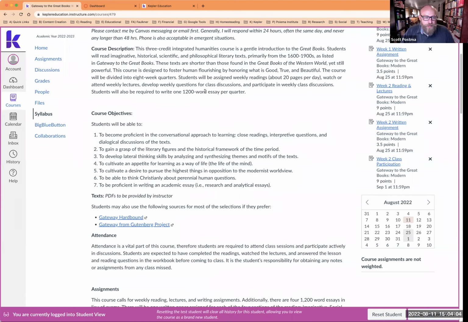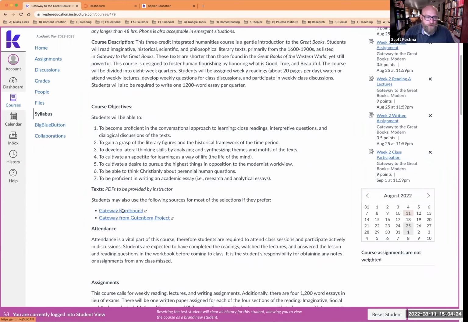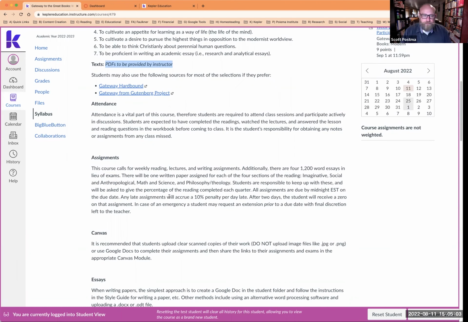I will provide the PDFs. They are in the files menu you're going to look at here in just a moment. And so you can actually use those PDFs if you'd like to. You can print them off if you prefer. You can buy the books. This first link will take you to an Amazon where you can actually buy the hardbound set of the great books, or the gateway to the great books. And then you can also go to the Project Gutenberg, which is free, and you can actually print them or download portions of them into a Kindle reader or something like that if you use that. Otherwise, the PDFs that you'll see the links to in a few moments are provided, and you can either just read them online or download and print them off that way.